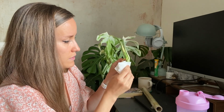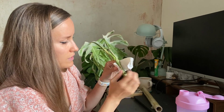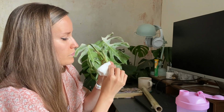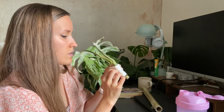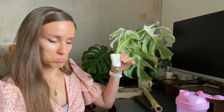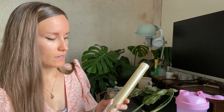But loosely. I don't want to damage that. I bring it around so that flat bit is against the root, and then I can, yeah, that's fine. And then I'm just going to wrap that and just keep it nice and moist. Also,